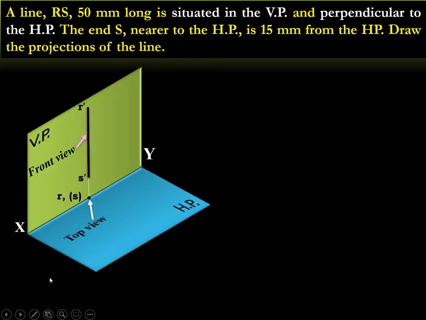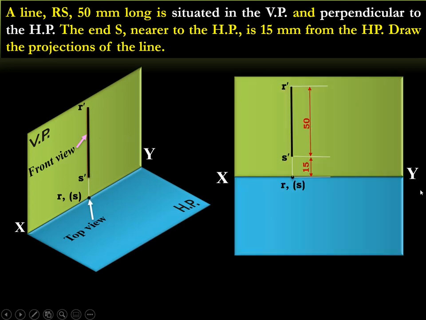Now we need to rotate the horizontal plane along with the top view point by 90 degrees clockwise. Since the top view point is already located on the XY line, the orientation of the top view point will not change but will remain unaltered. Now this will become the final solution, and the final solution needs to be drawn on a 2D plane or on a 2D paper like this.